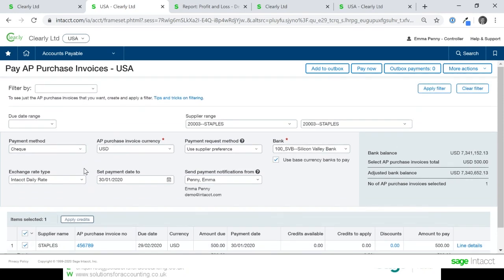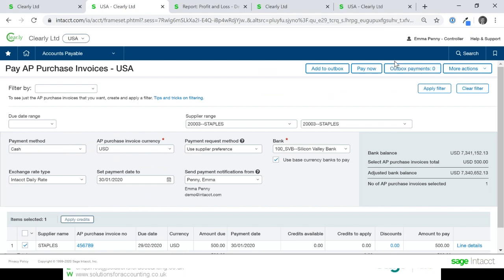Set your header information up here, whether it's cash, check, credit card. Again, the system will use the Sage Banking Cloud, so can connect up to banks for like e-banking functionality. At the moment, it's very much like with the other Sage products, the idea that you process your payments, you can add them to an outbox, and then when you're ready, you can tell the system to create your BACS CSV file, download that to your machine, upload it to your bank, and make that payment.